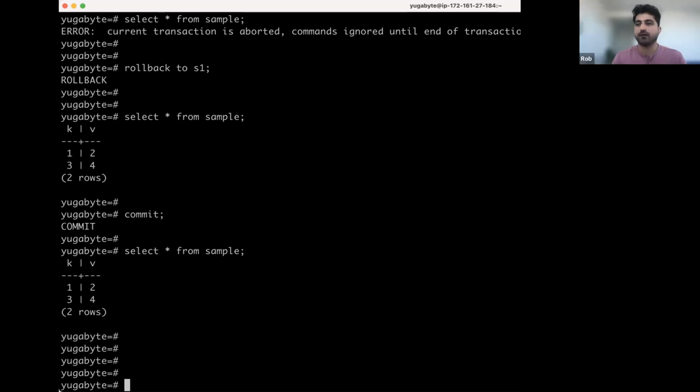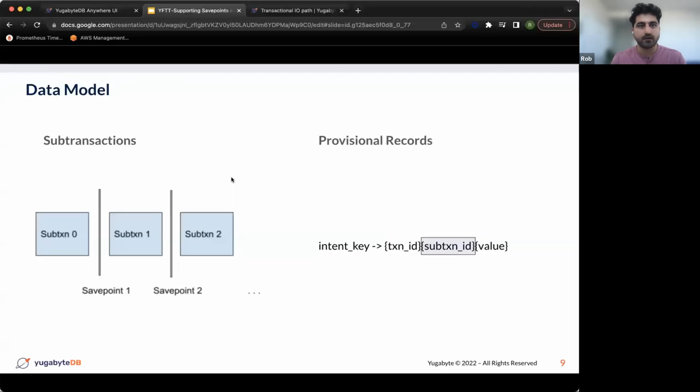So save points are only relevant within the scope of a transaction. And I think it's actually fair to think of these as sub-transactions. I want to share this one slide I have. So the way